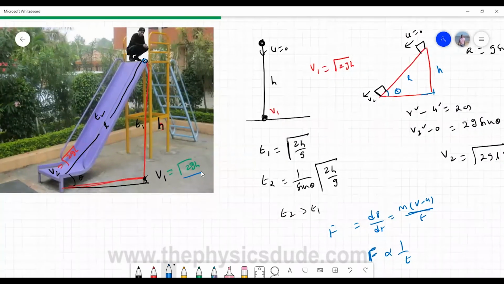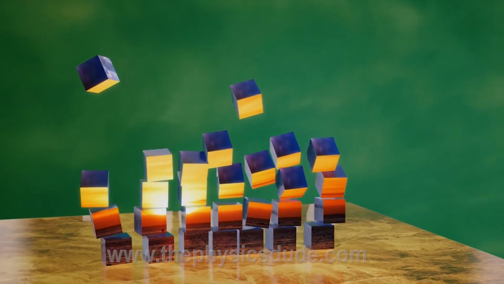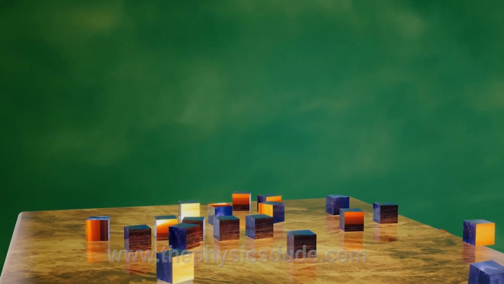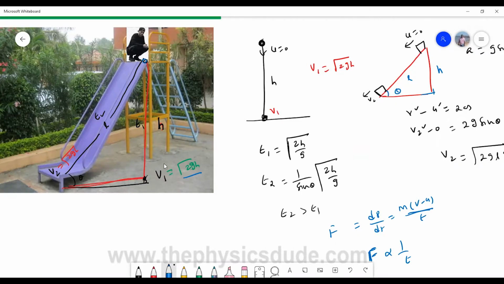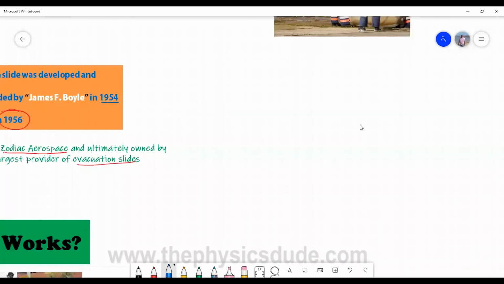So that means it is better for us to slide down than to jump out of the inclined plane. Why? Because when we slide along the inclined plane, as you are taking more time, you will get less force when you reach the ground. When you jump out of this inclined plane, you reach the ground with the same velocity but in less time, so you get more force from the ground. That means you get more impulse. The same logic is applied here.